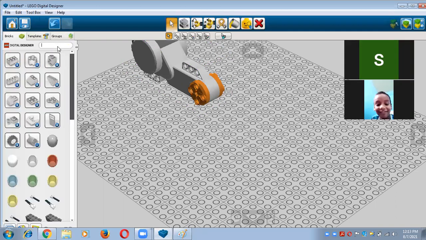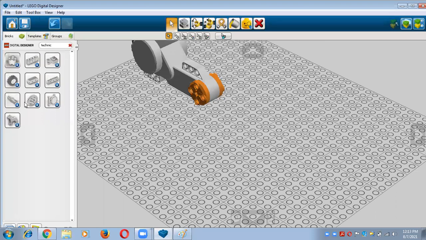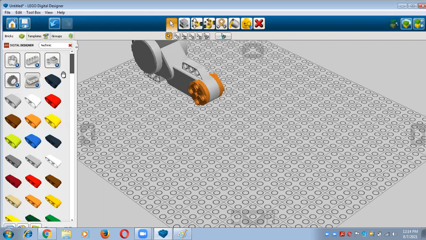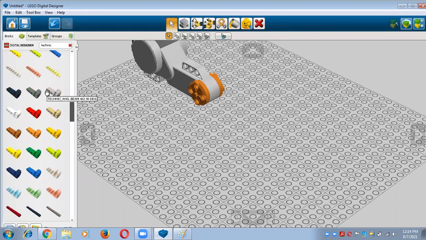technic angular beam. So you have to write here technic, right? You will receive lots of folders regarding this, and now you will get it from this folder. So just expand this one, and now you will find which technic beam you want. I just want to take the 90-degree technic beam, and its size is 3 by 5.